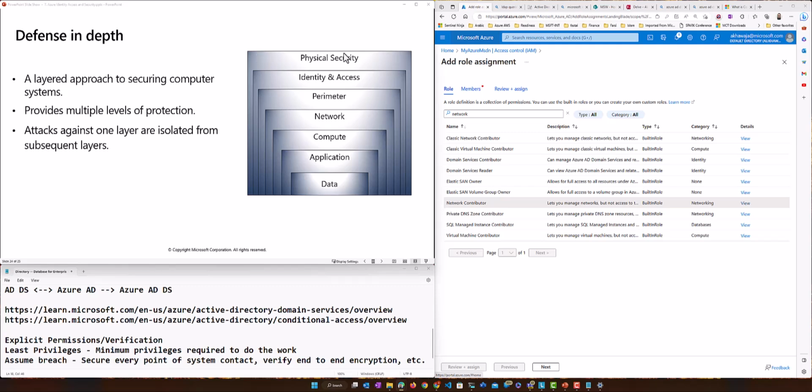This is the responsibility of the cloud provider, right? Then we come down to identity and access. We said whether you have SaaS, PaaS, or IaaS, this is your responsibility to make sure what identity and access you are providing to each person, right? If you have a user that needs very minimum privileges and you give him a very high level identity and access, you can screw up everything, right?